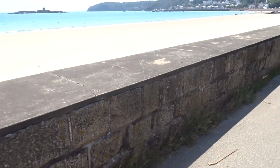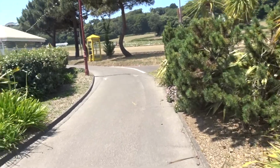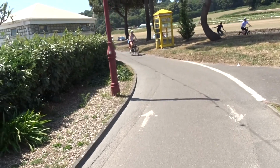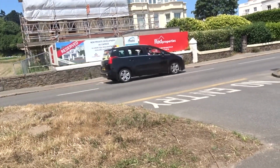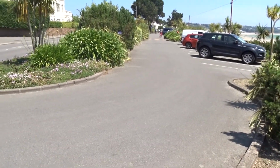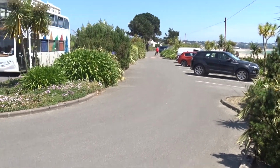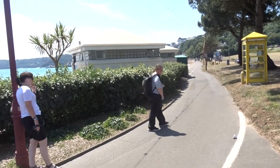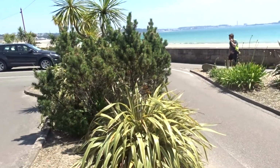Right, so if we have a look over here, you can see here what I was saying about the railway junction being quite interesting, because you have, if you come up here, now you remember, at the beginning of the video, the track had a split where you had a section to bypass the other side so the trains could pass each other on the to and from journeys from St Oban / St Helier. Right, well, the one side used to come straight through here, which is now your car park, and the other one, if we turn around, not too quickly, don't make you dizzy, you can see here where the single track would have then obviously curved off here and gone round this way and off down that side,